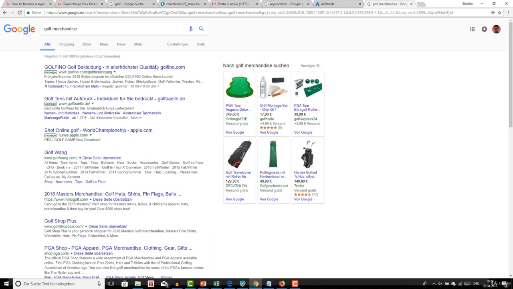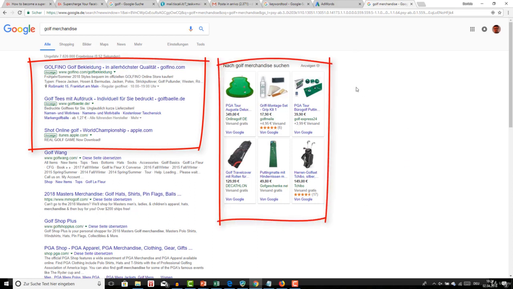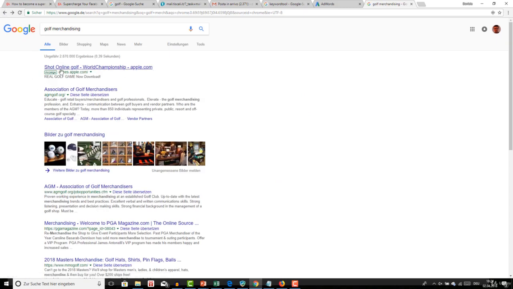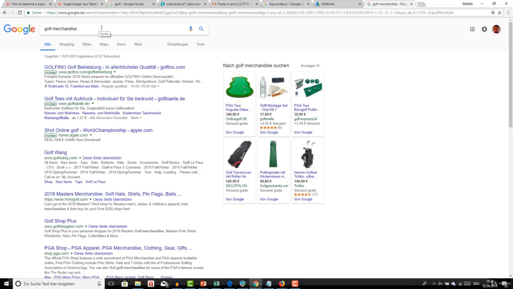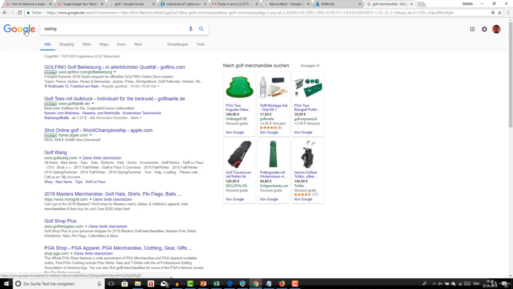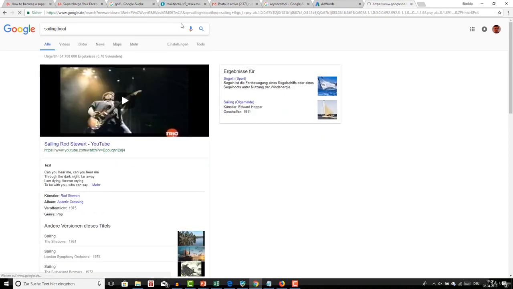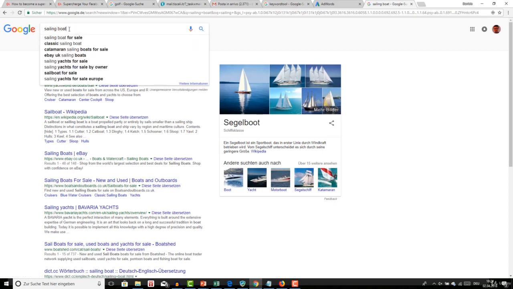So you should promote in this area using these keywords, because here you can already see that there are ads here and here. If you don't find these ads here and here like we saw before, then skip these keywords. Don't do any business. Or if you want to say sailing boat, here we are, not too much, but here sailing courses,